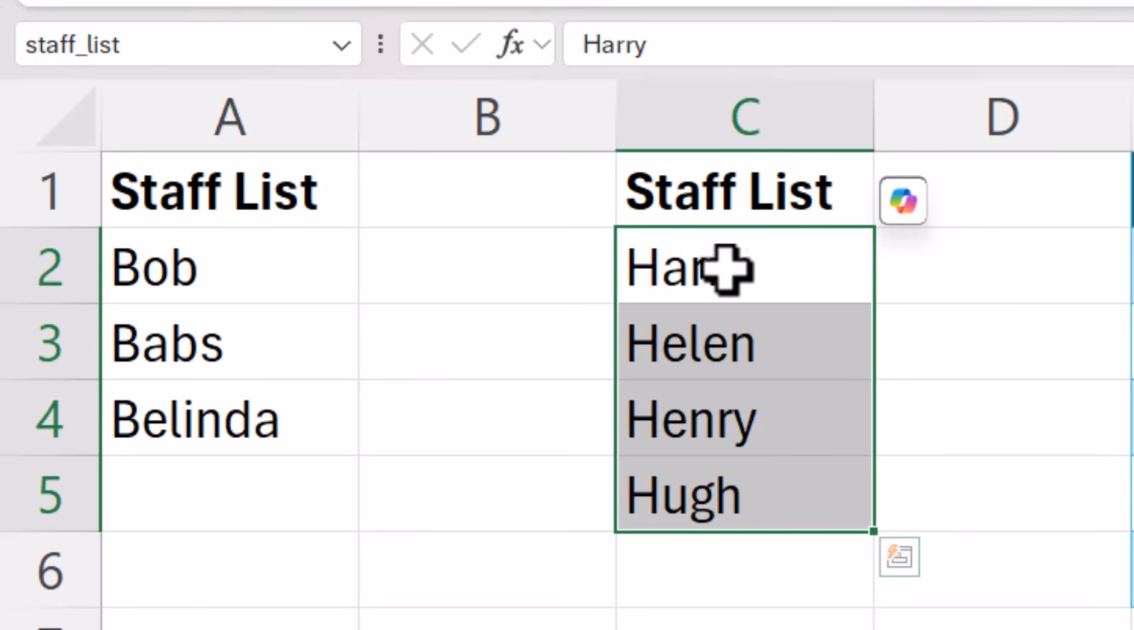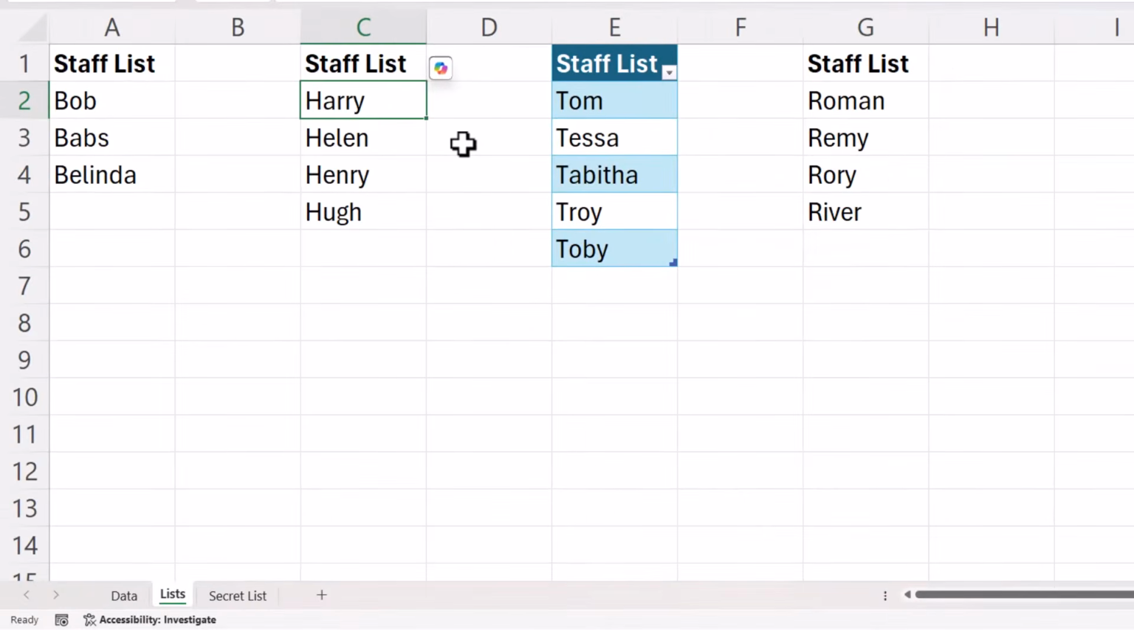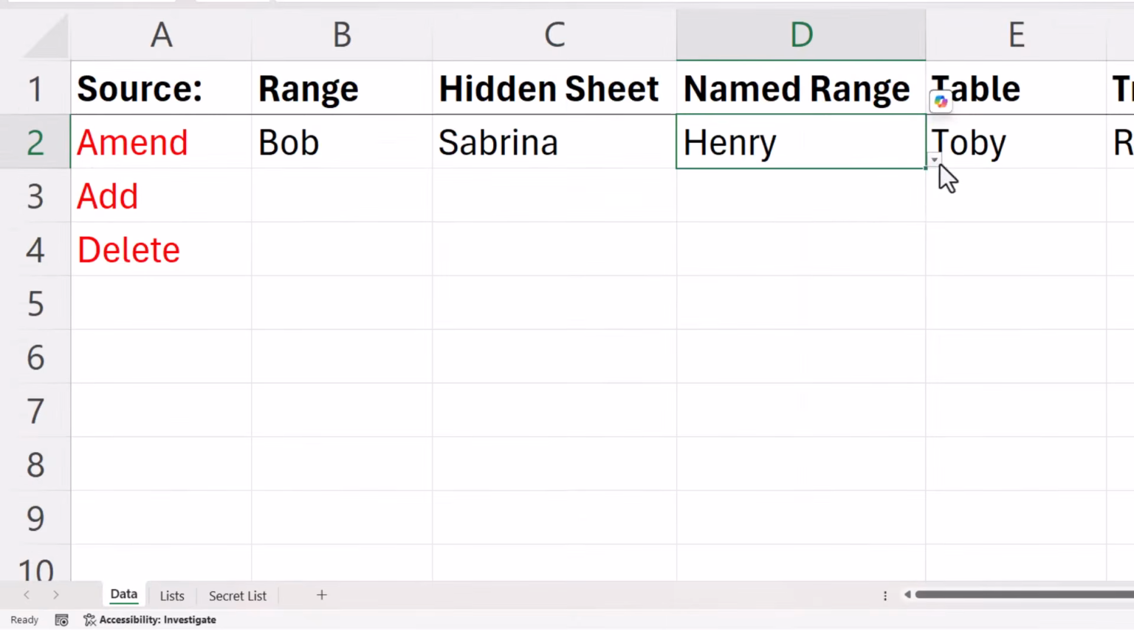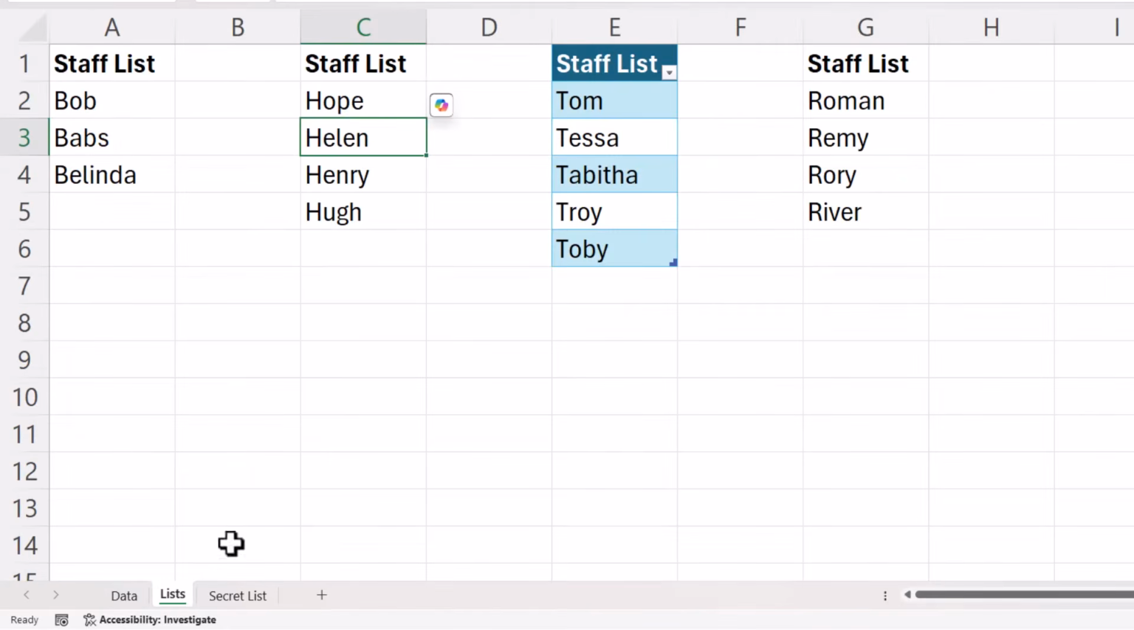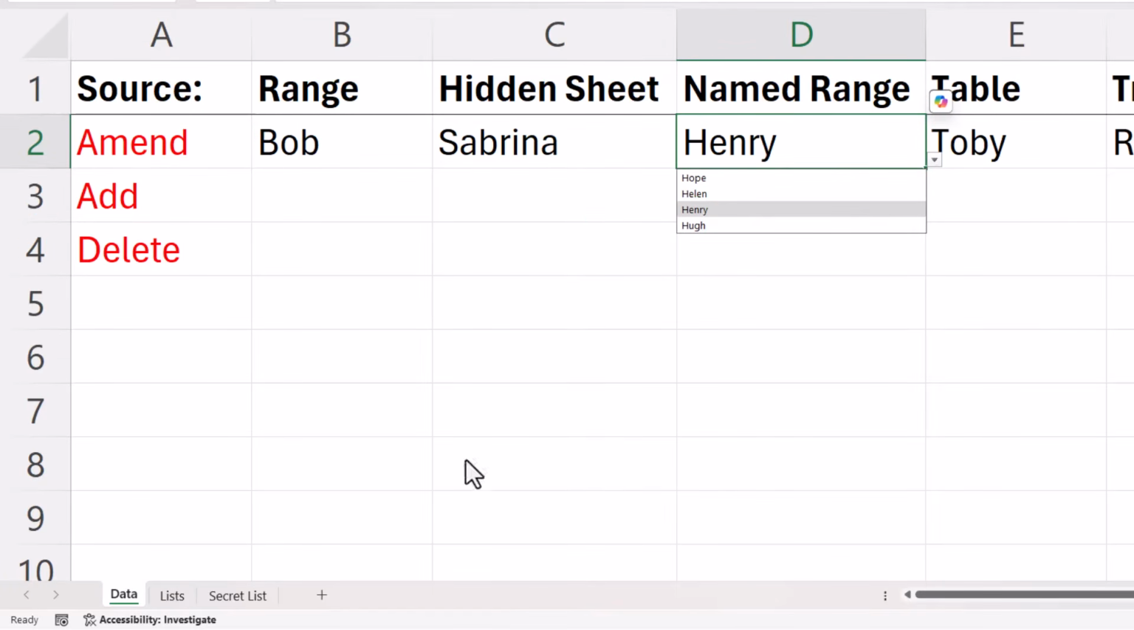Now, if I need to amend an item in this named range, so for example, let's make Harry Hope, that would be fine, that would work. So instead of Harry, I now have Hope. But if I want to add a value, let's type in Harrison, it's not going to appear in the drop down. What I need to do is actually